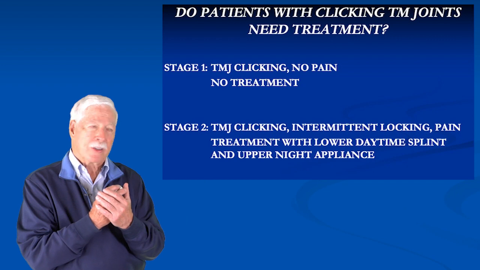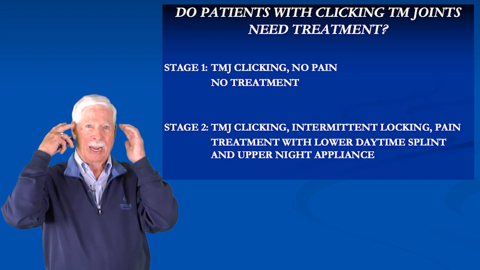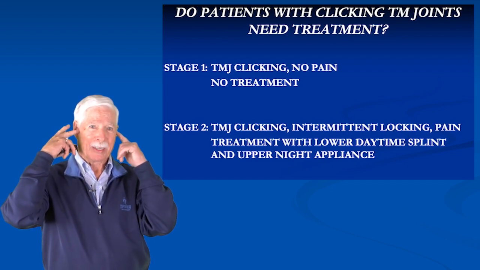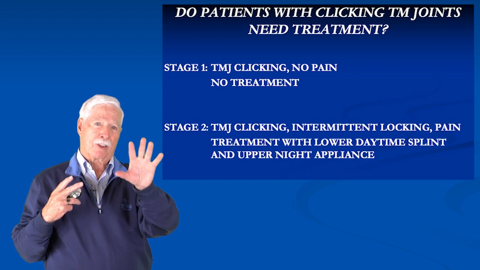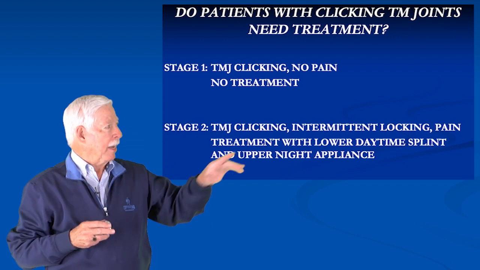So that means, we've talked about that. So there's stages of clicking jaws. We actually call it internal derangement. Internal derangement means problems within the jaw joint. So there's 5 stages of clicking or 5 stages of internal derangement. Okay, the first stage